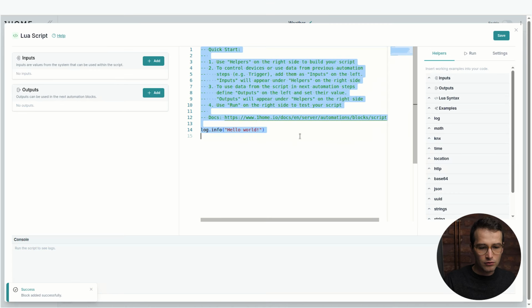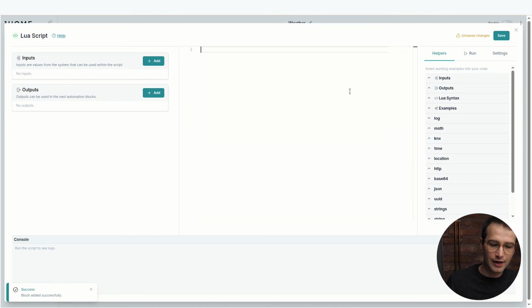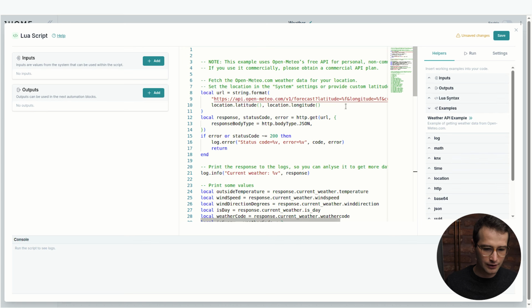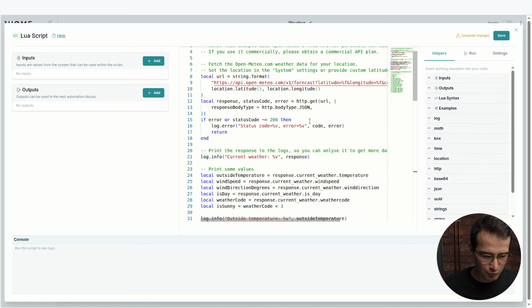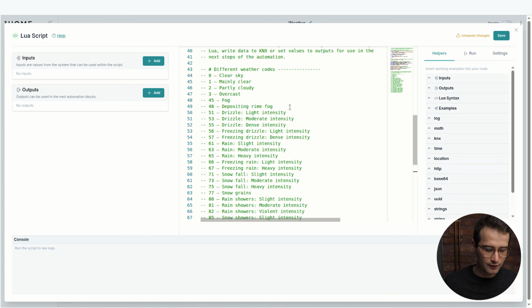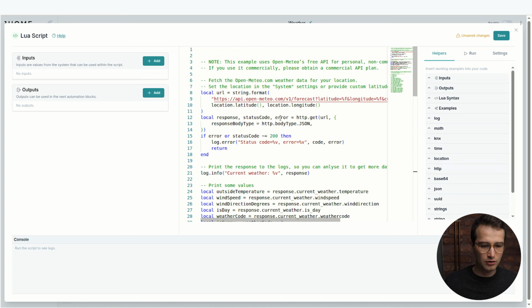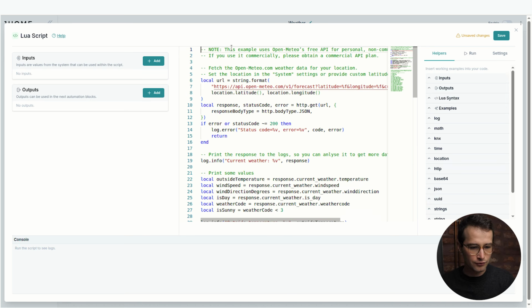Okay, we already have a prepared example for a weather station service kind of thing where we will send data to KNX. And we can go here under example and weather API example. And I click on it. And we already see that code was pre-filled. So there is quite a few things explained here. You will usually not need all of that. But let me just go through this so that we can see what's going on. So here we are using the OpenMeteo API, which has a free and a paid version.